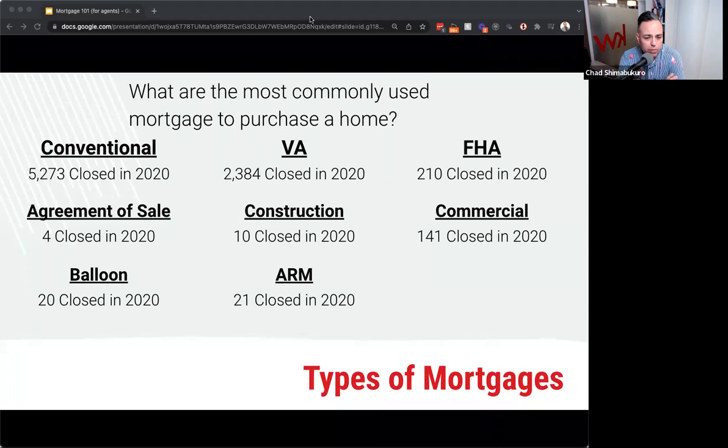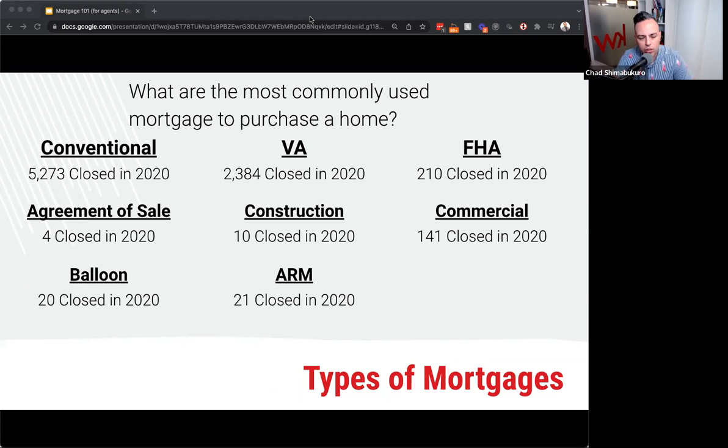It also is very helpful too. I've saved so many transactions being on the listing side and seeing how people are structuring and writing offers in. I'm looking at the contract going, there's no way that this is a conventional loan with X amount of down payment or no down payment or whatever it is. So it does help you become a little bit more aware for the benefit of your clients.